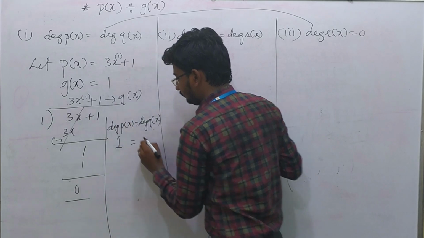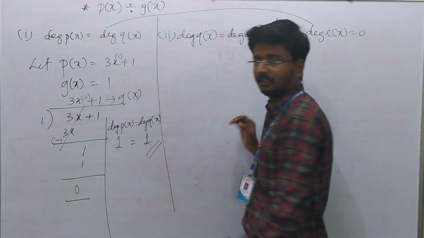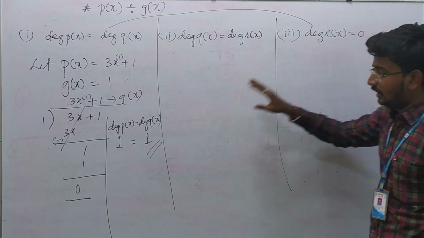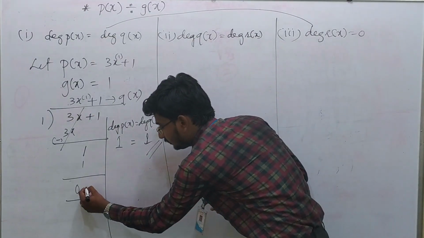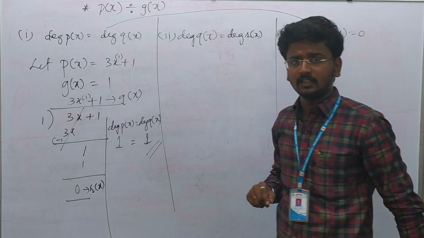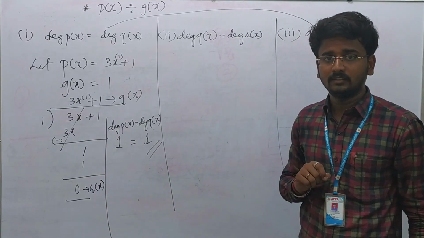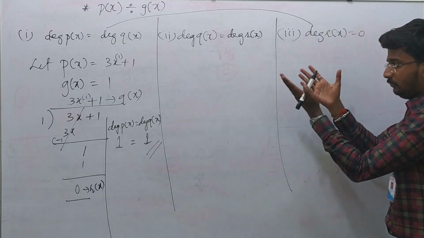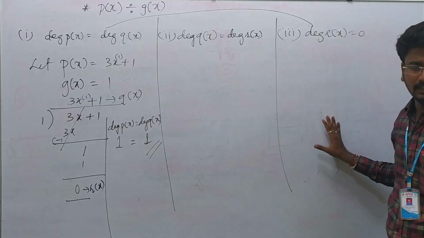Even this is 1, equal to 1. So verify. The same example you can give here for remainder also 0. The answer you got is remainder 0 here, r of x, and 0 is a constant term. The last problem I have explained. The degree of a constant will always be 0. So if you want, you can copy the same example here.